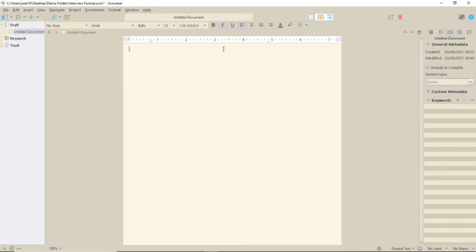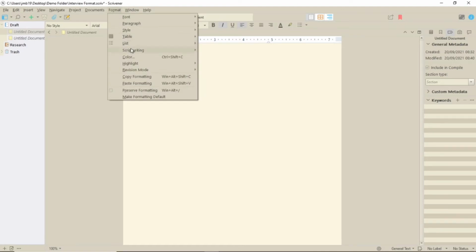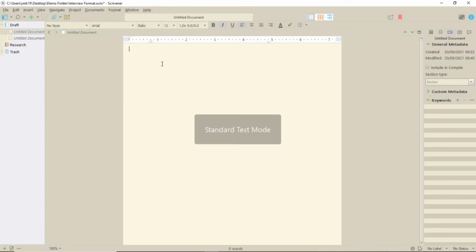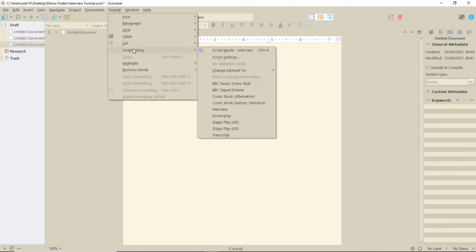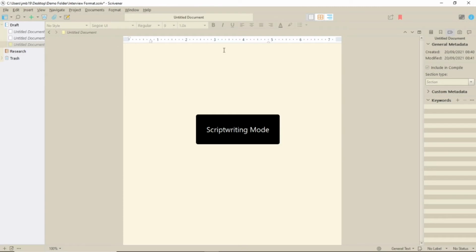When you cancel script writing mode, you get normal text documents. So it would be possible to combine this format with a normal text format if you needed to. But you have to be careful not to be in the normal formatted document when you change to script writing mode, or that will turn yellow.